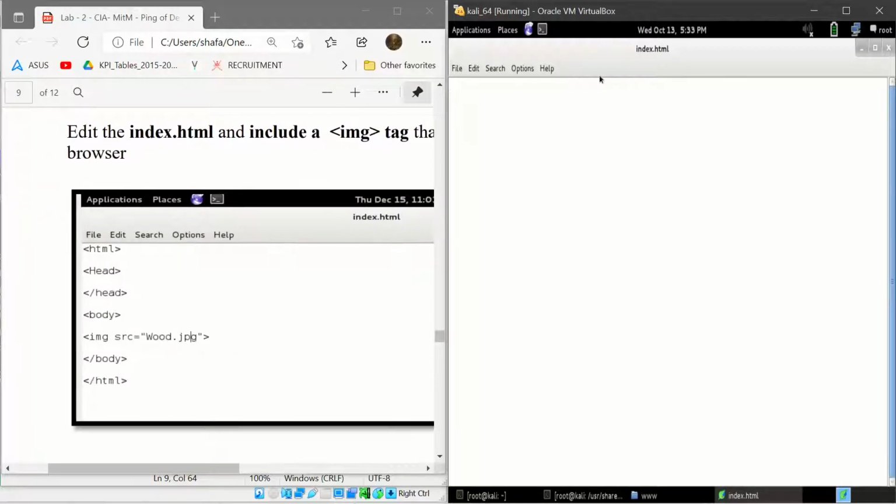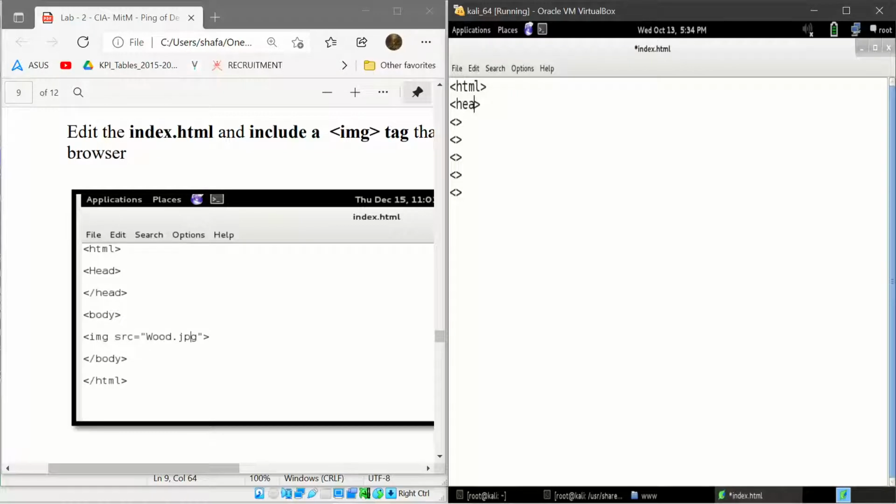So for example, in the same folder we create HTML. I want around 7 HTML tags. HTML,